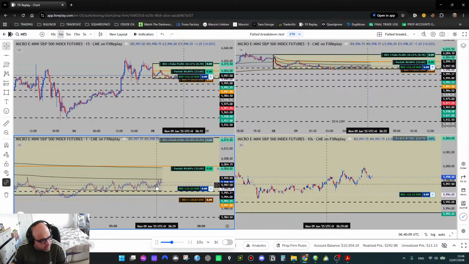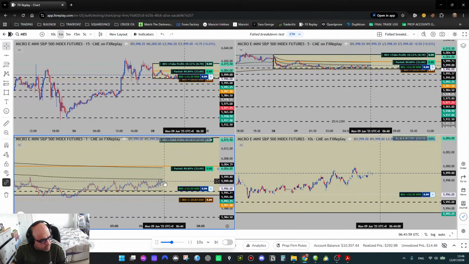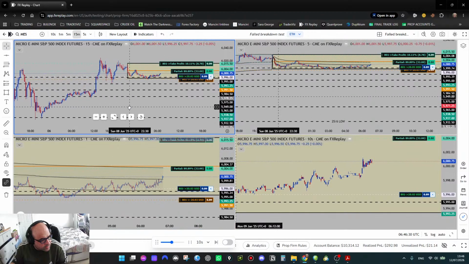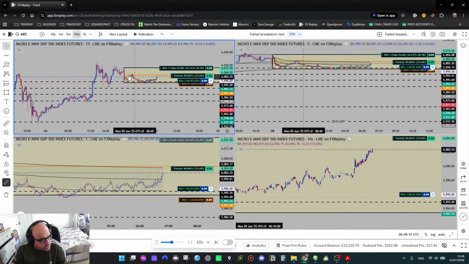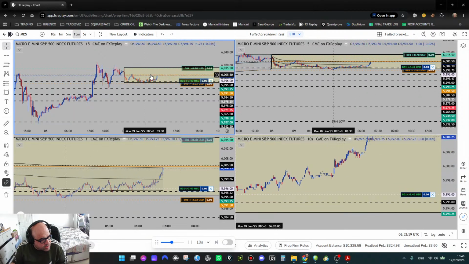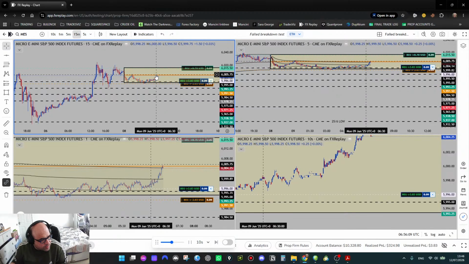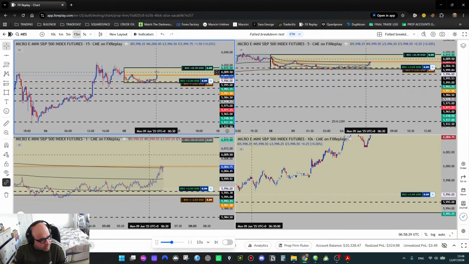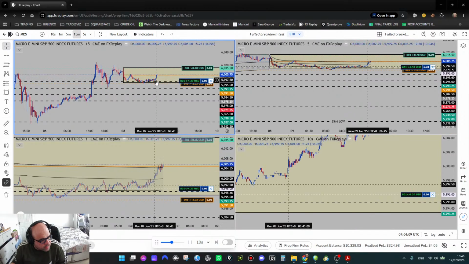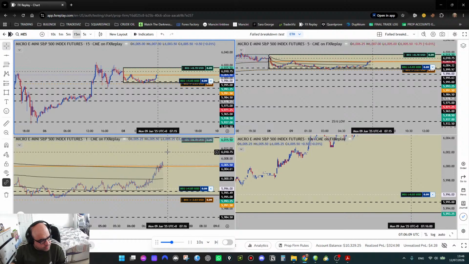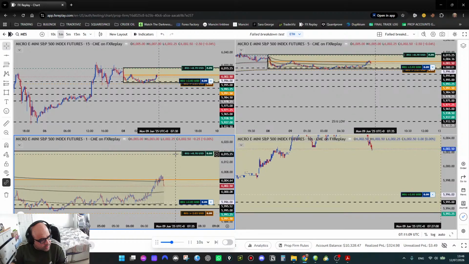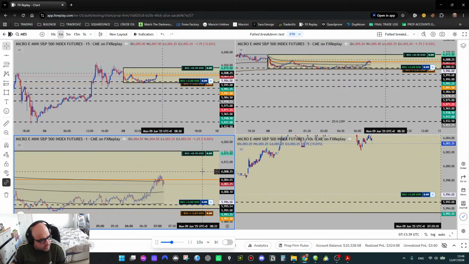You can see here how we're testing the VWAP now. I see the bigger picture has shown some kind of acceptance. I hope it's gonna backtest the previous VWAP, and then from there we'll see if it's gonna test the highs. Now we took the profits, I think so. Yeah. No, no, we haven't taken the profits. So we're still in the